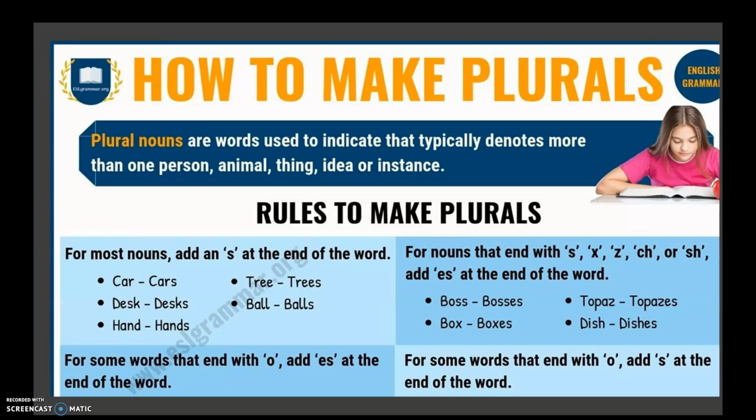Your grammar check or whatever spell check you use will more than likely catch it. If it doesn't, I'll probably make a note of it. But that's a minor spelling thing that most people aren't going to pay a whole lot of attention to. So, most nouns, you add s at the end of the word. Nouns that have an s sound at the end of the word, it's es. And occasionally, o's are weird.